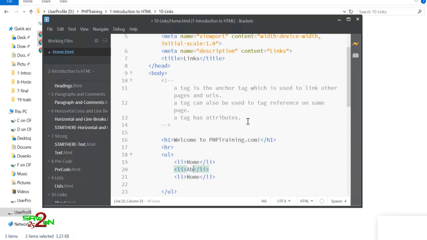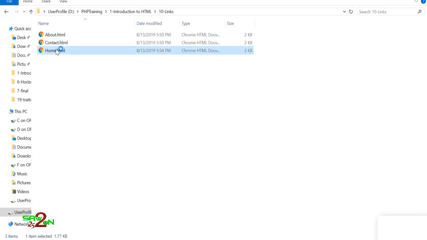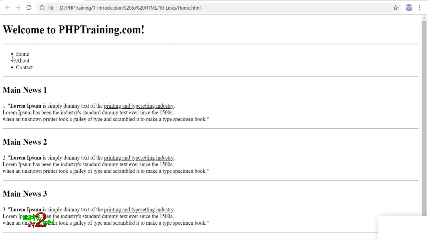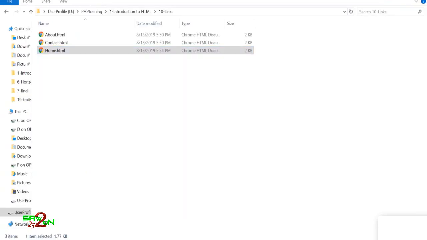First is about, then contact. But you don't have a hyperlink here. When you see this page, you will have 3 items, but they're not clickable. You cannot click to go to that page. We'll add the hyperlink so that when you click about, you go to the about page.